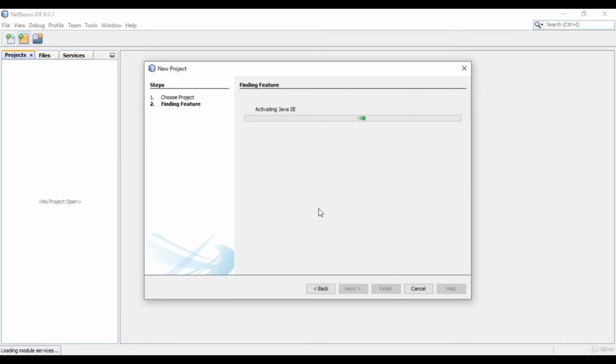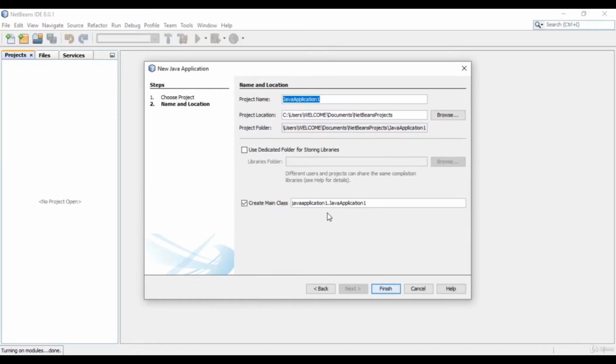and for the first time it will activate the Java SE platform. Now it is asking for our application name. Let's say JDBC_connection. You can change location by clicking on browse, and here by default it will create one class with JDBC_connection. Okay, you can change it. I don't want to change it, but if you want you can. So just click on the finish,